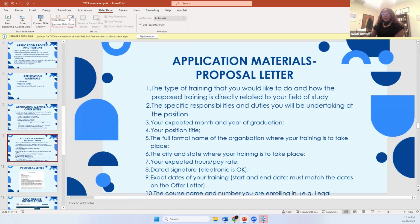For the proposal letter, you will need the type of training that you would like to do and how the proposed training is directly related to your field of study, the specific responsibilities and duties you will be undertaking at the position, your expected month and year of graduation, your position title, and the full formal name of the organization where your training is to take place. Again, even if it's remote, we still need that address. The city and state where the training is to take place, your expected hours and pay rate,